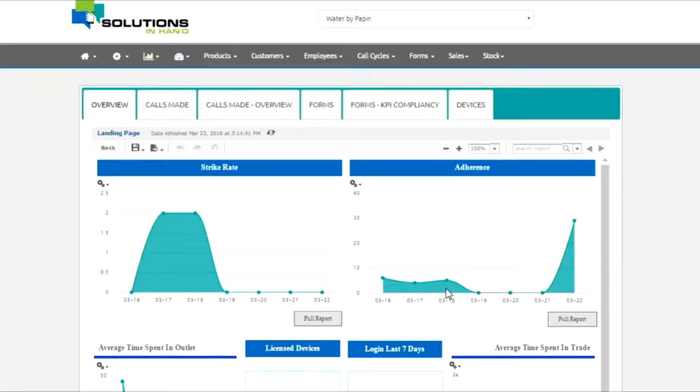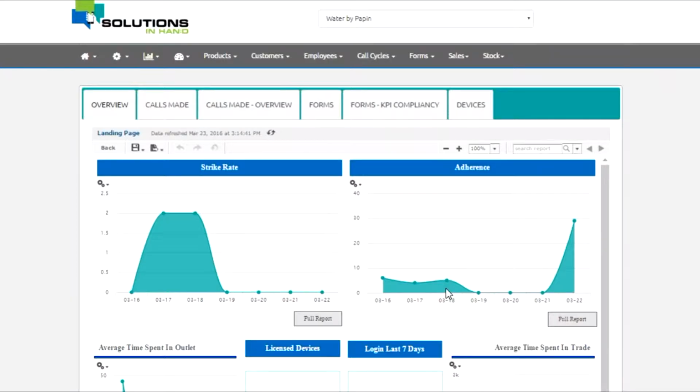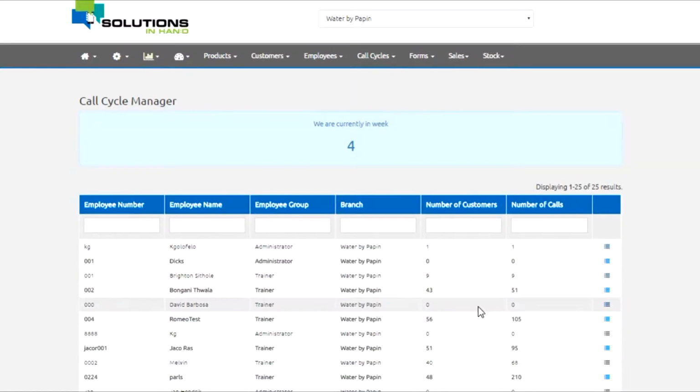period into the future. Palesa is well aware that the success of the business is based on the sales generated by her sales rep Romeo. So once she has reviewed all of her KPI related results for the previous period and adjusts her sales target for the future period, she will go to the call cycle tab to plan all the sales calls scheduled for